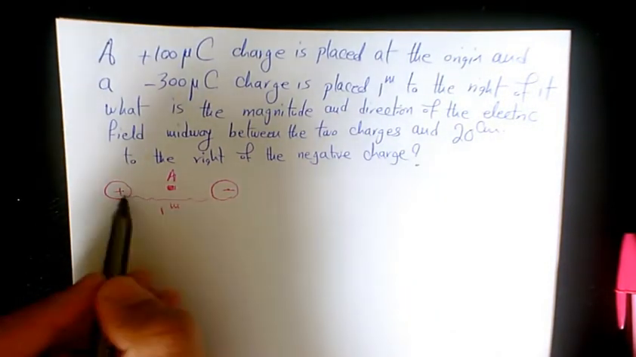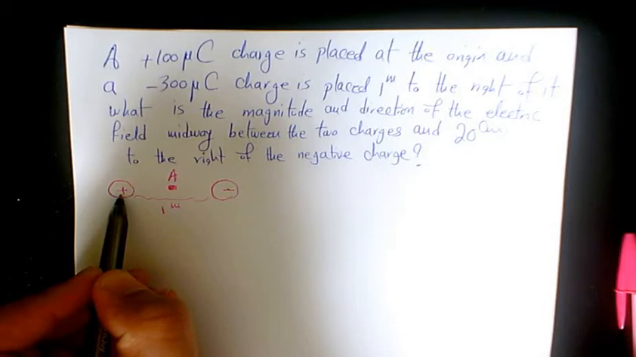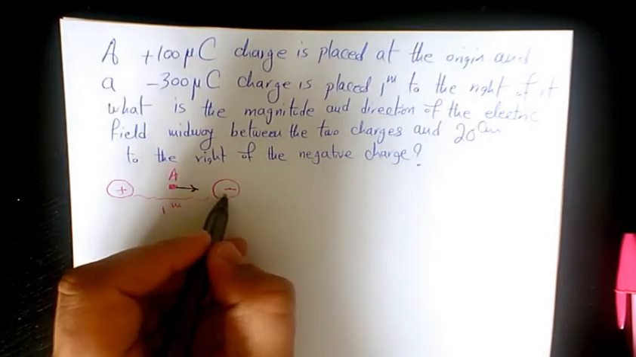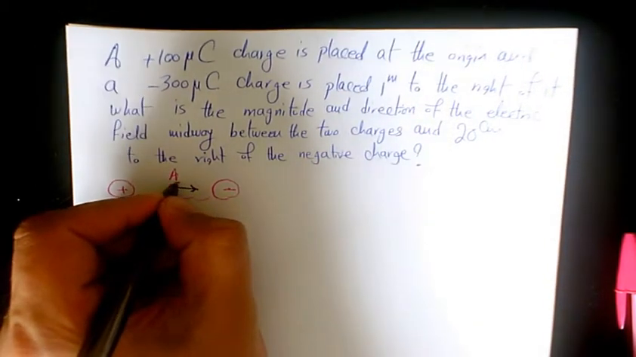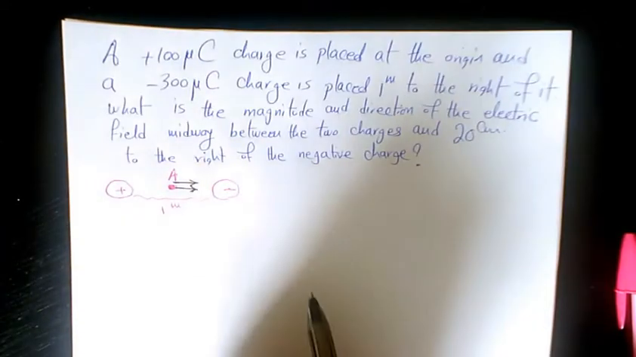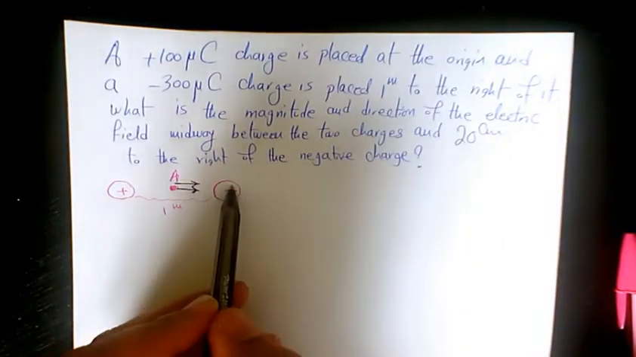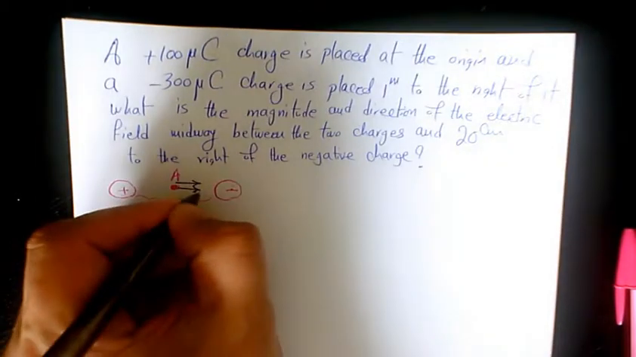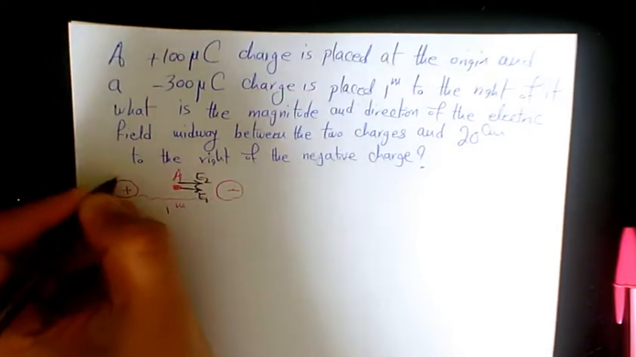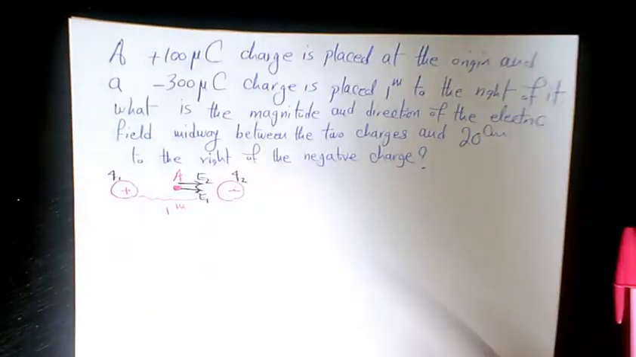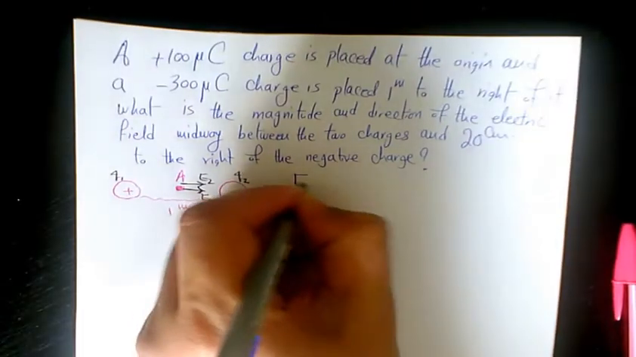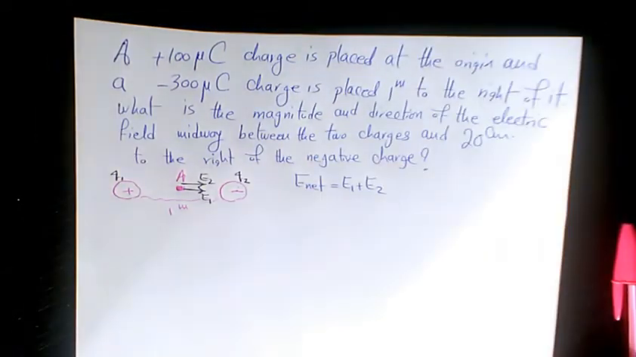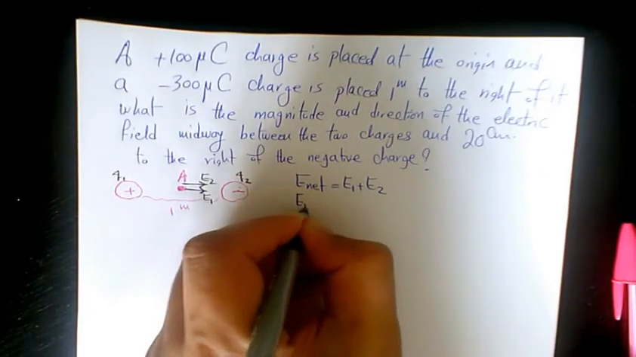So we know electric field due to positive charge is going this way, and from the negative charge is also going this way as well, because it's going toward negative and it's going outward from positive charge. So that's going to be E1 and E2 if we call this one Q1 and this one Q2. So E net equals E1 plus E2, and for sure it's going toward right. So E net will be